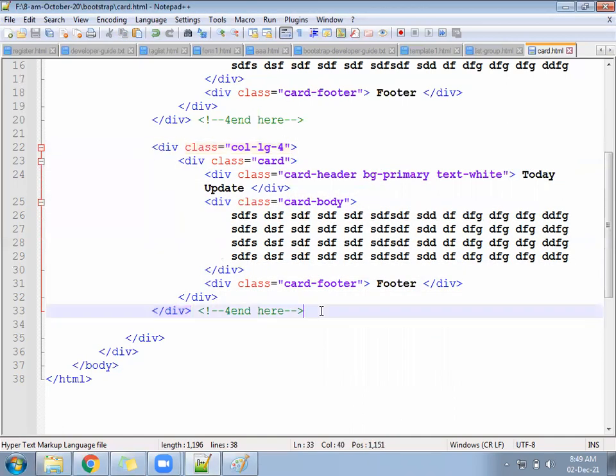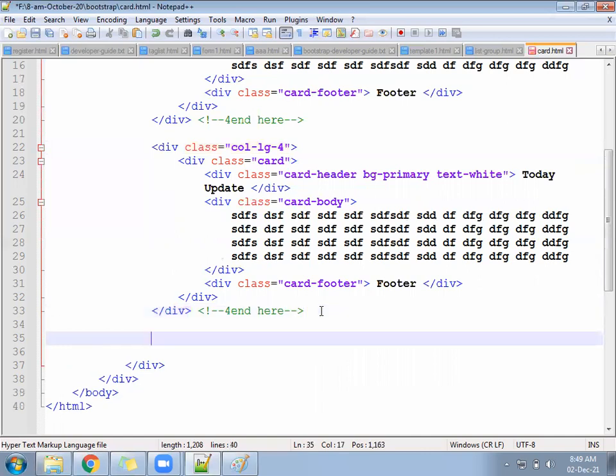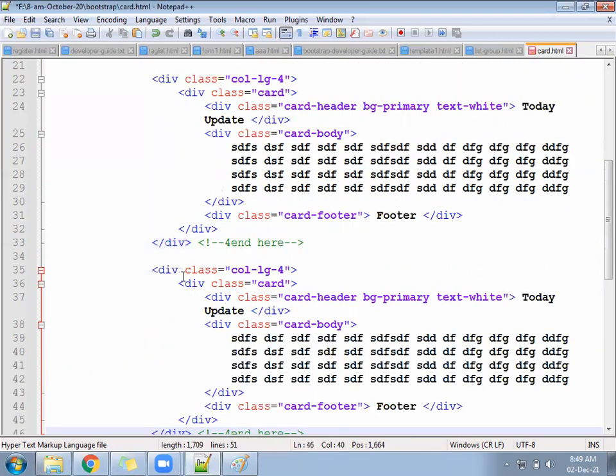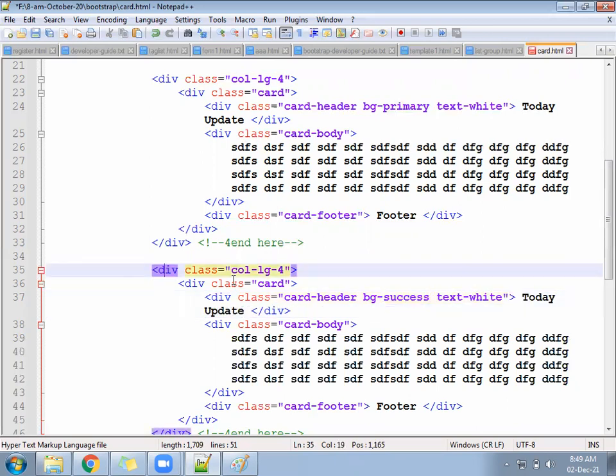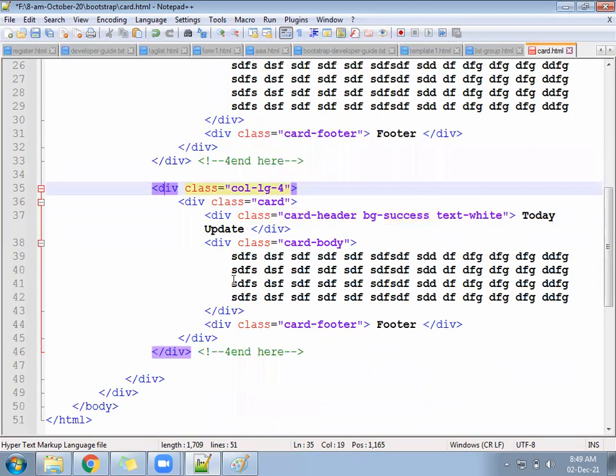Next, create one more col-lg-4. That will be bg-success, text white only. So 3 col-lg-4 we kept in one line.